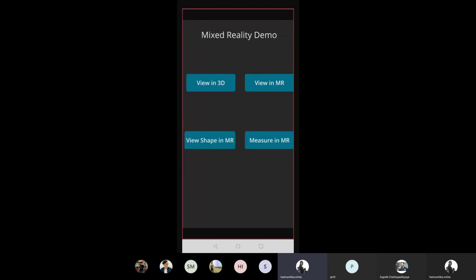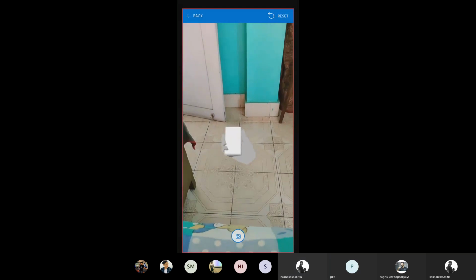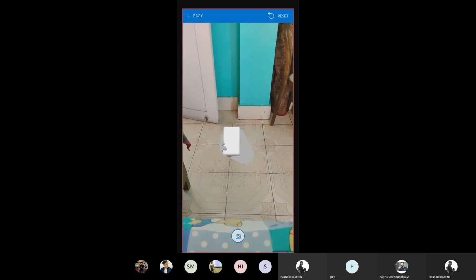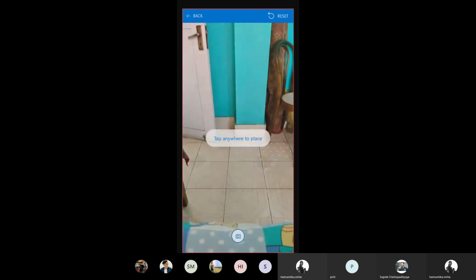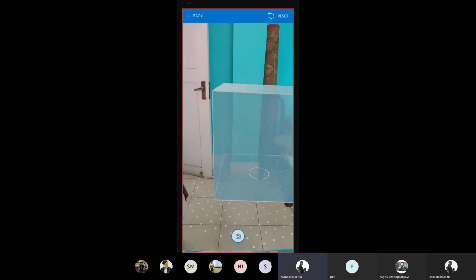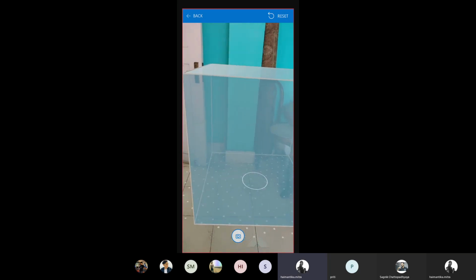And then I want to measure in MR, or yeah, let's see this view shape in MR first. So this will place a cube here. So this is the cube that is placed here. You can move it, enlarge it, decrease it, and do anything that you want.